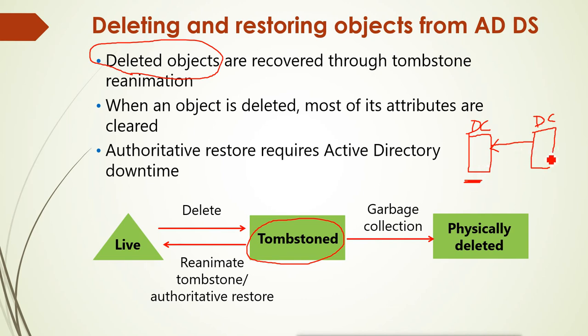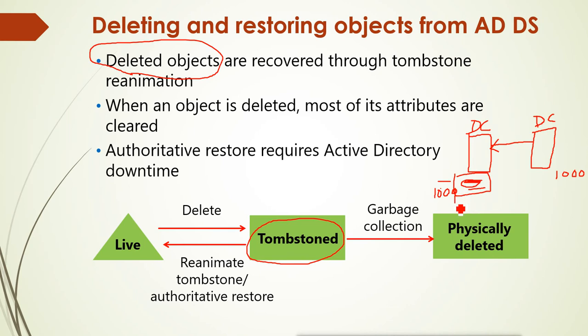Like when these two DCs connect to each other for their replication, this DC says I have a new object created, and the OU where we created this object is updated. The object ID is updated here. Let's say this ID, it says I am having ID 1001. Suppose previously when there was no user, both the DCs had the ID 1000. Now when we add the user here, this ID becomes 1001, updated.